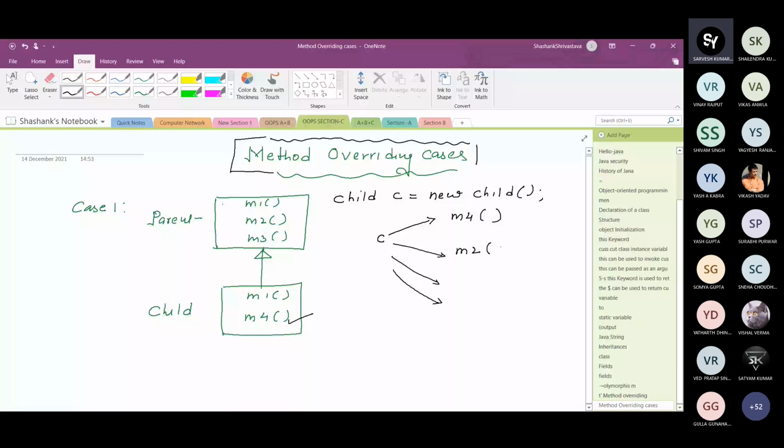So m2 of the parent, which is inherited, m3 of the parent, which is inherited, m4 of the child, and m1. Basically, this is the case where the decision should be taken at runtime, because m1 is there in the parent as well as in the child, and this m1 is the overridden method.